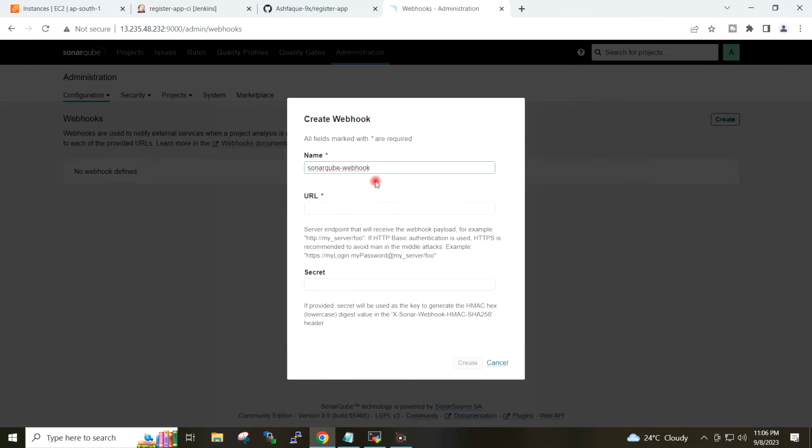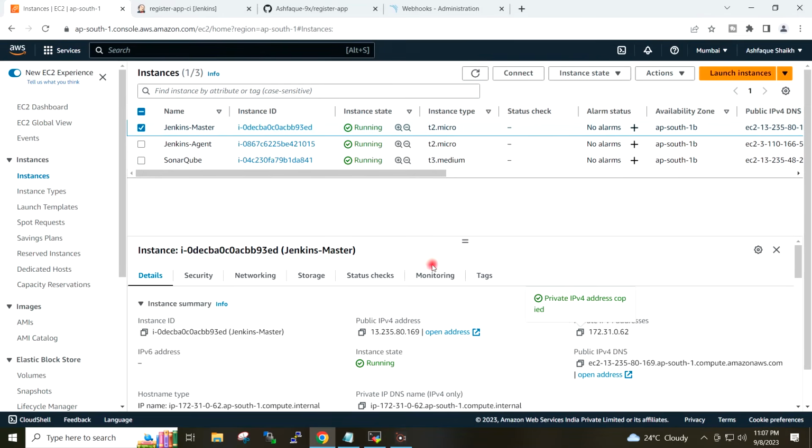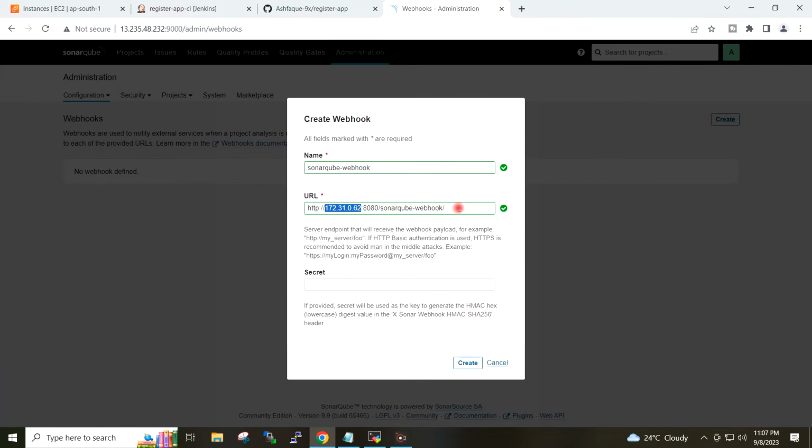I will give the name to the webhook SonarQube webhook, and I will provide the URL. This is the IP address of the Jenkins server. I will click on create.